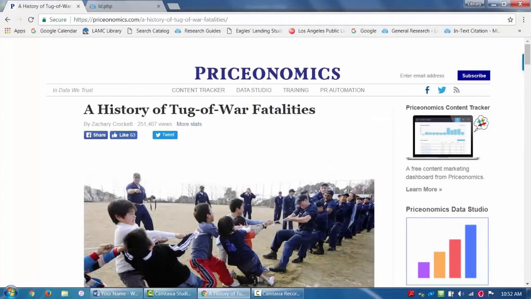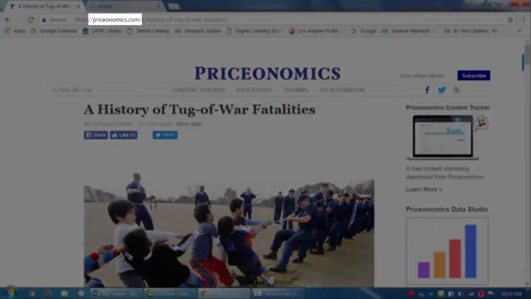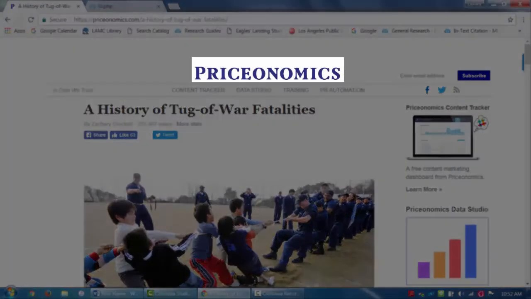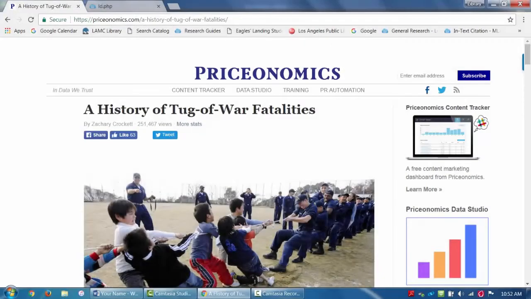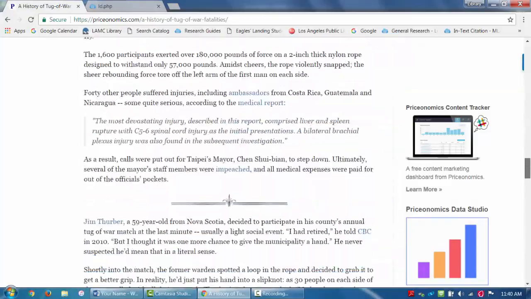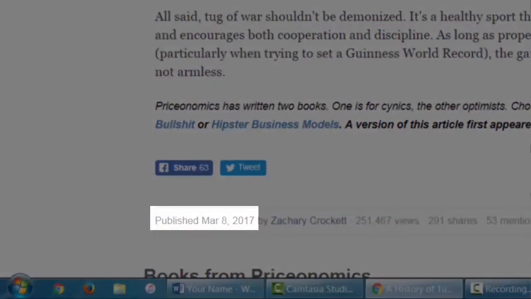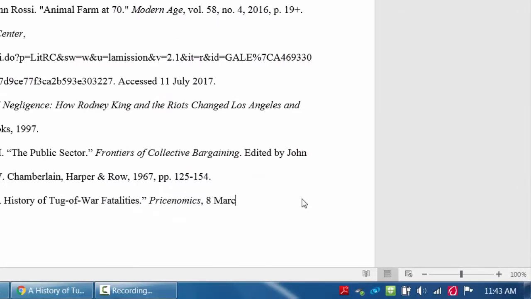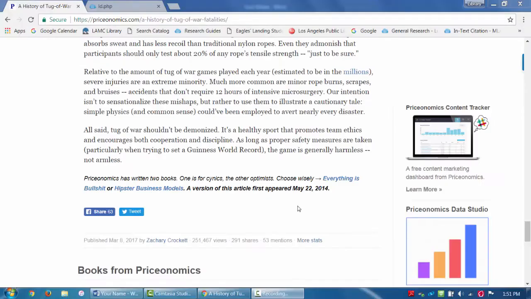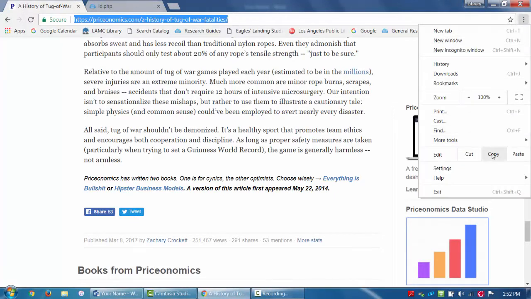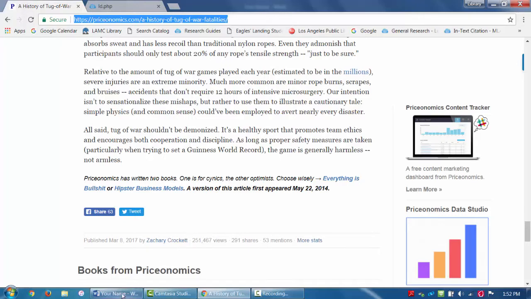Things that don't apply, other contributors, version, number, are skipped. The publisher would be the organization or company responsible for making the web page available. A hint there's a publisher that's different from the website is the URL. If it's the same as the name of the site, you don't need to repeat it, so just skip the publisher entry. The publication date comes next, followed by a comma. Then the address of the page, ending with a period. Do not include http://